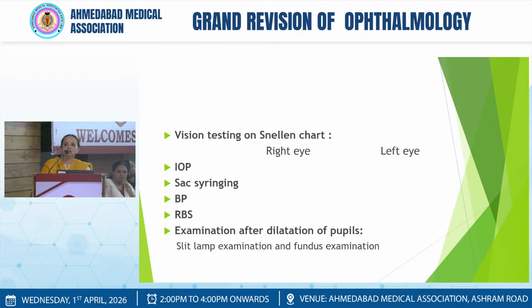After examining, you measure the visual acuity, right eye and left eye, on a Snellen's distant visual acuity chart. Measure the intraocular pressure with a non-contact tonometer. Do sac syringing, blood pressure and random blood sugar. And after dilating the pupil, we again do a slit lamp examination to examine the lens and a fundus examination